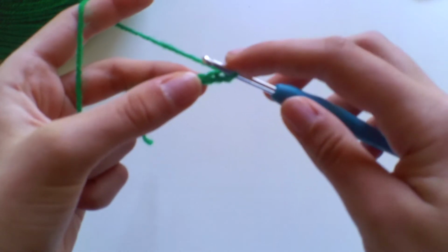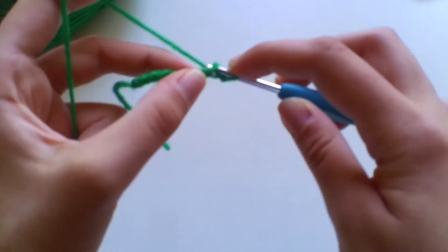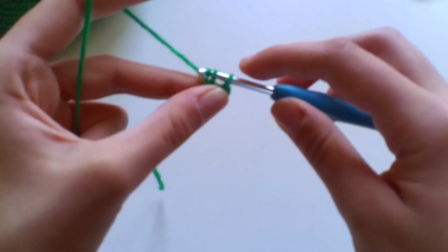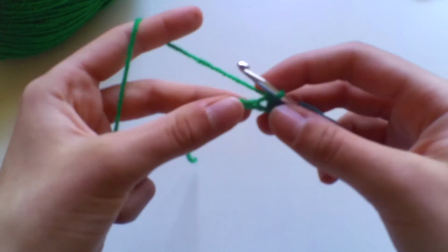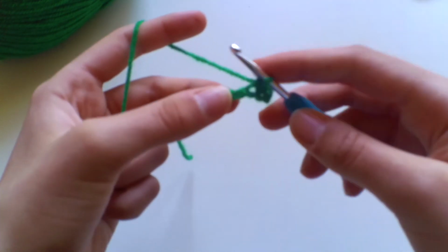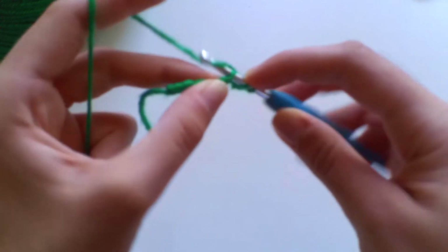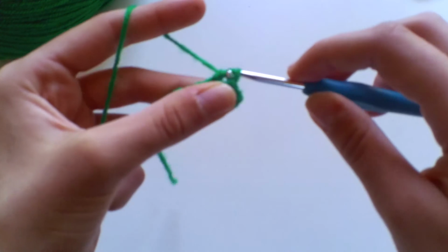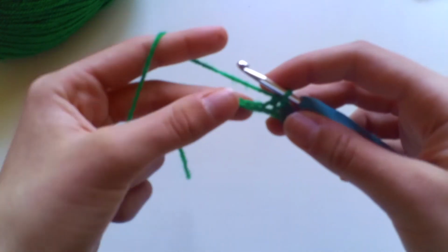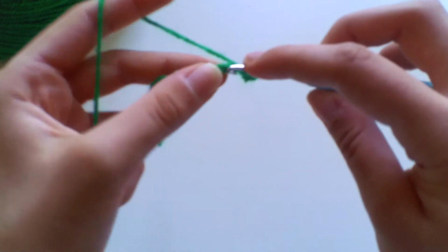You're then in the next chain going to work a double crochet. So insert, pull up, pull through 2 loops. You're then going to work a half treble crochet. So yarn over, insert your hook, yarn over, pull up a loop, yarn over and pull through all 3 of those loops. And you're just going to work another half treble into the next chain space,